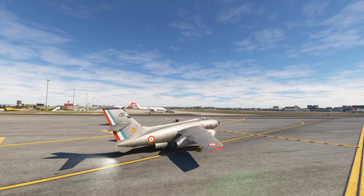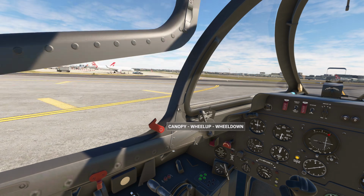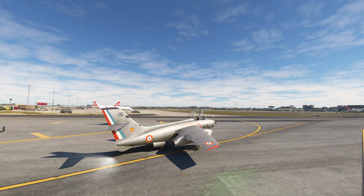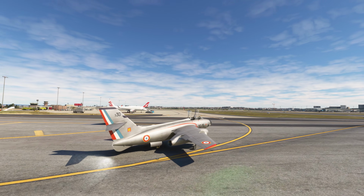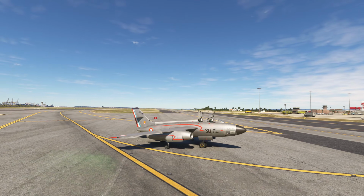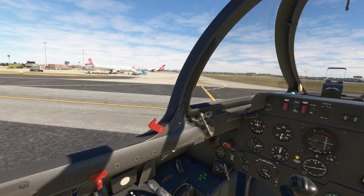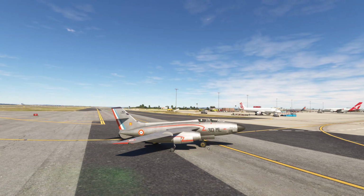Now we can actually open the canopy while we're rolling. You certainly wouldn't want to go too fast with the canopy coming up like that. It'll get ripped off. Actually, let's do that right now. So let's actually hit this one. There you go, canopy actually gets...